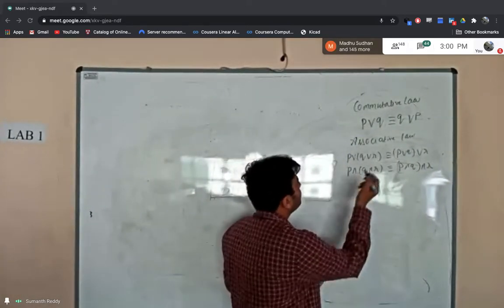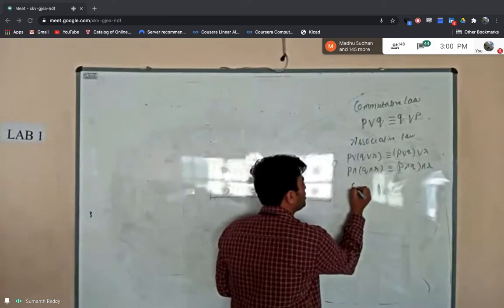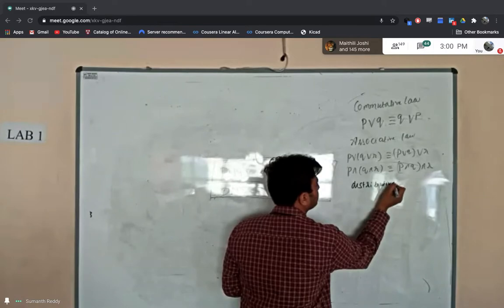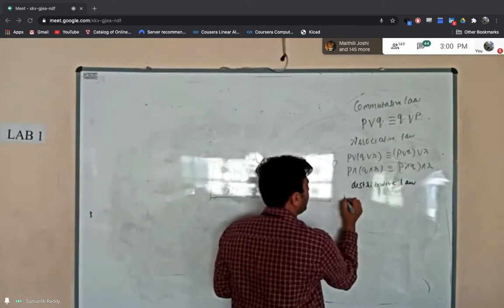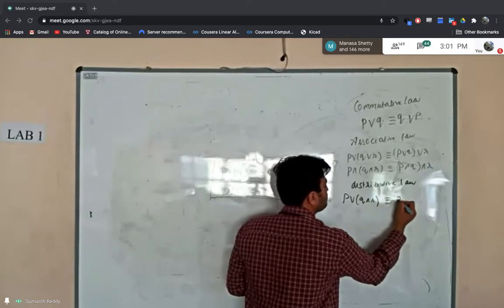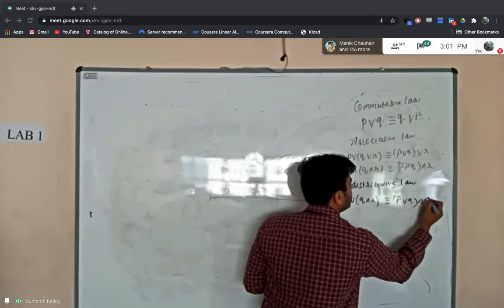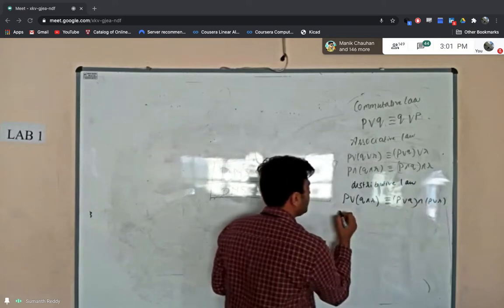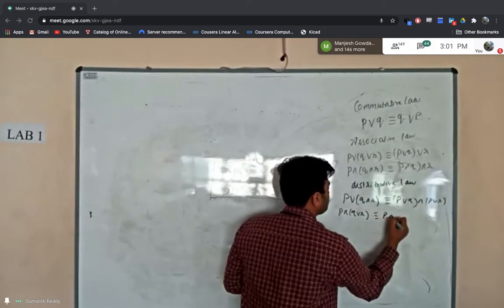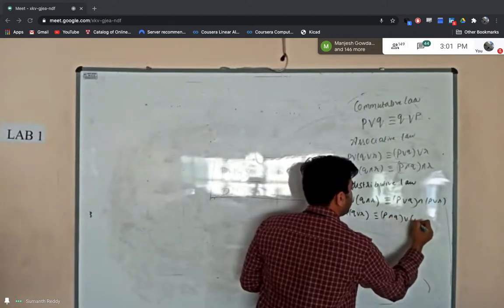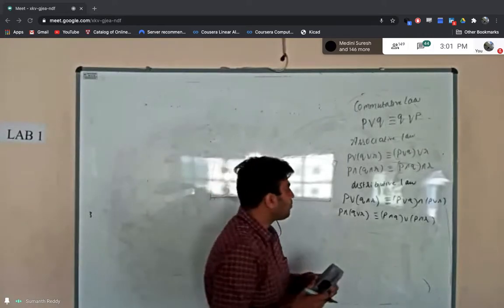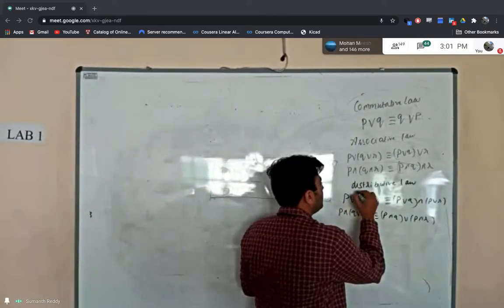Along with that we have the distributive law. The distributive law states that P or (Q ∧ R) can be written as (P or Q) ∧ (P or R). Similarly, P ∧ (Q or R) is the same as (P ∧ Q) or (P ∧ R).